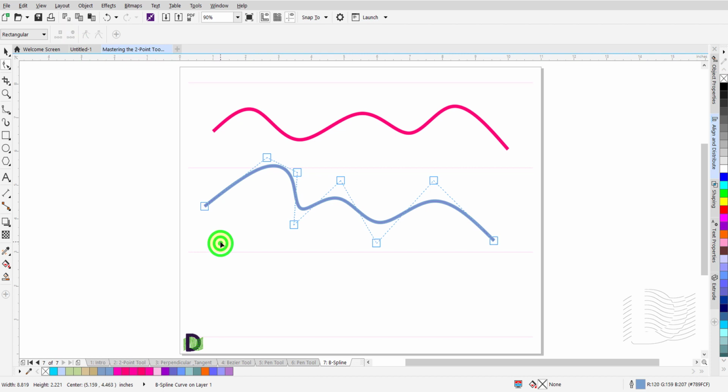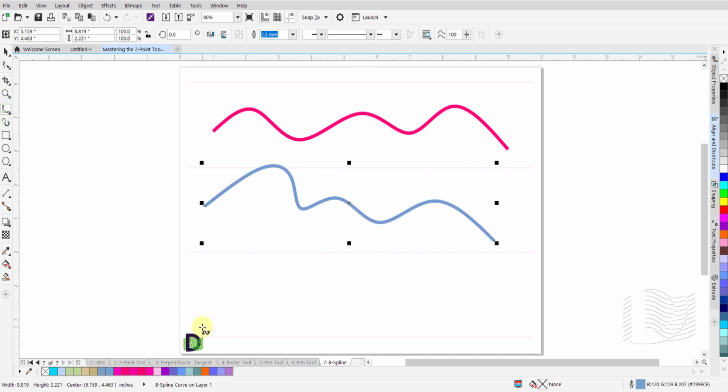One last point before we conclude this tutorial. If you select one of the clamped control points on either end of a B-spline and add a segment, thus extending your B-spline, the clamped control point at that end will automatically change to a floating control point.